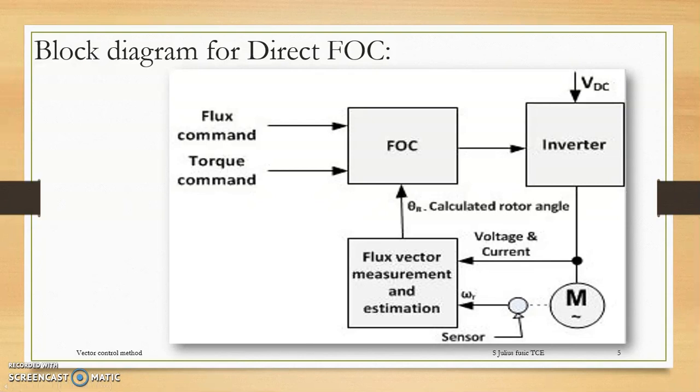The general block diagram has the generated parameters flux and torque, which are the rotor flux linkage and the stator torque developed, given as input to your field orientation control algorithm. That algorithm will generate a 3-phase pulse width modulation control transformation input. By using a pulse width modulation technique, the inverter switches are turned on and off according to the signal given by your field orientation control.